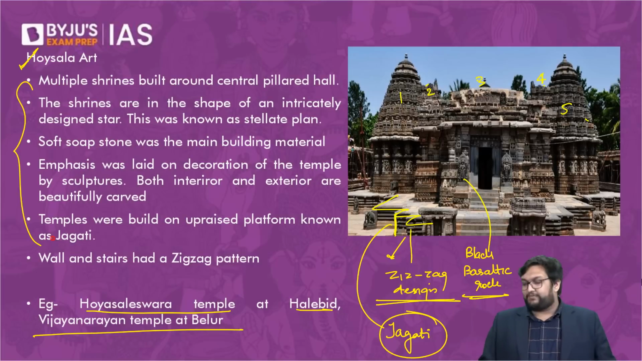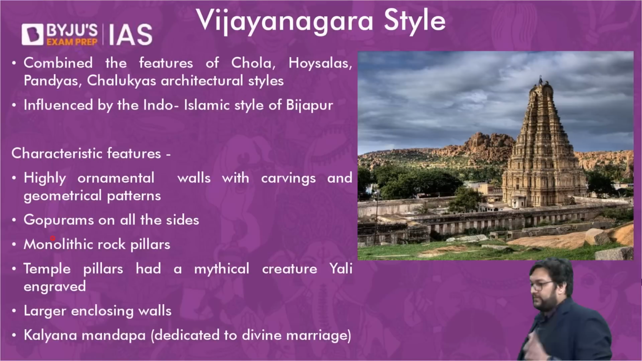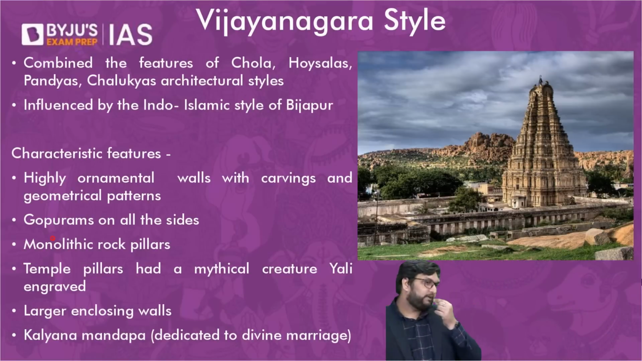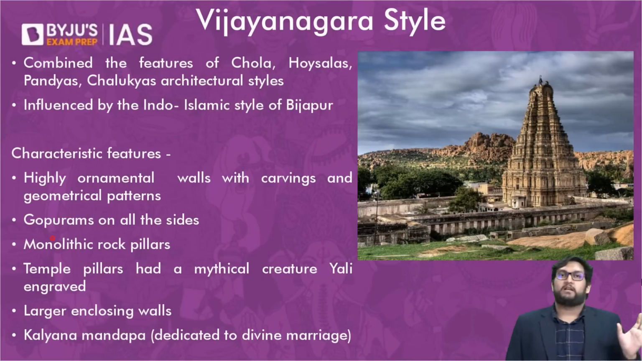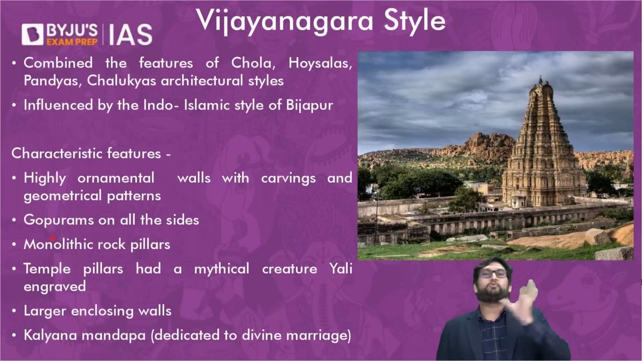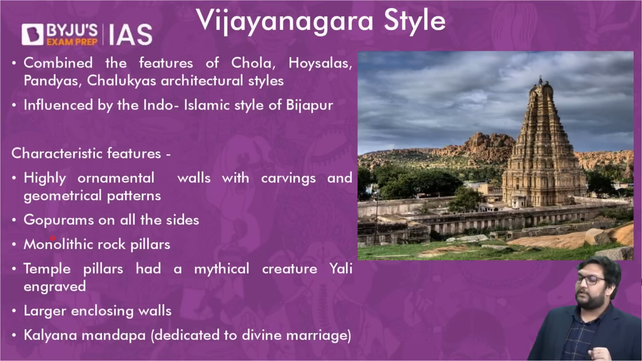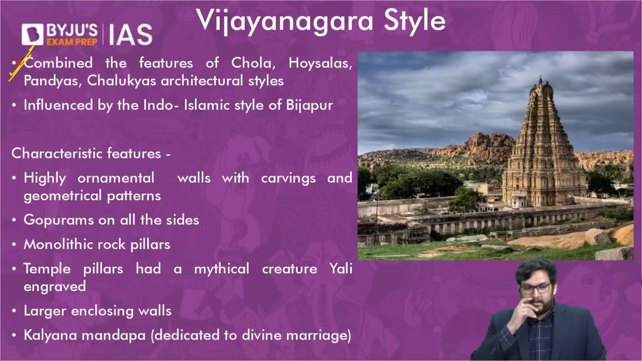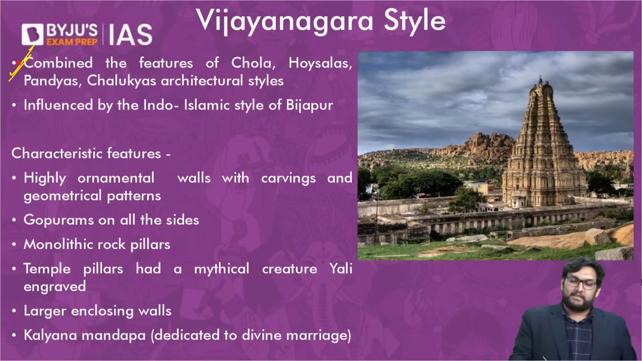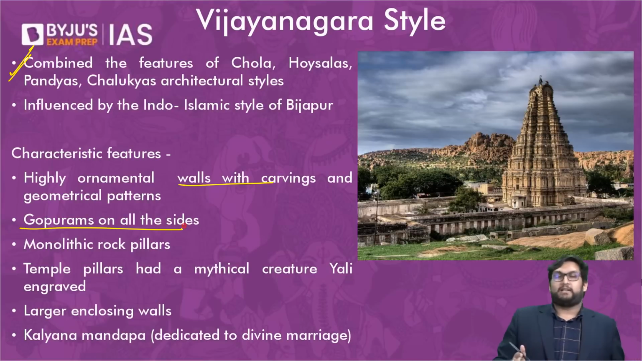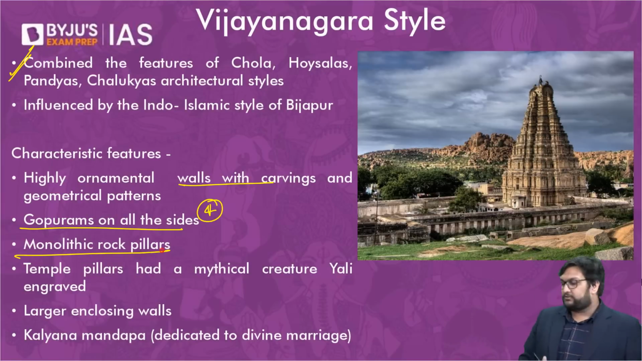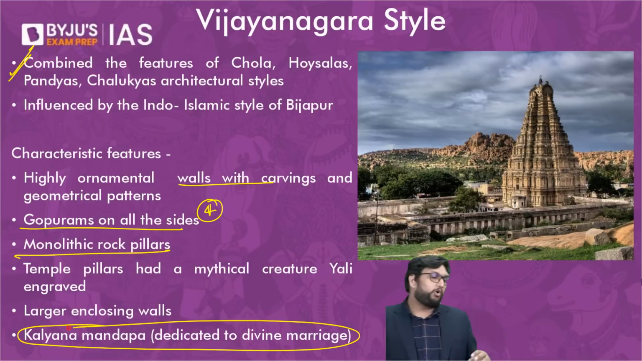Thereafter, the last discussion we need to have, and then we take a break, is the Vijayanagara style. When we talk about the Vijayanagara style, which is a jump straight away from the post-Gupta to the Delhi Sultanate period, we see that all elements which we had seen till this point are coming together. But there's one word which you should automatically know is Vijayanagara. Highly ornated walls, okay. Gopuram in all 4 directions, very good. Monolithic rock pillars, that is also okay. But as soon as you get to know about the word Kalyan Mandap, you should know that it is Vijayanagara